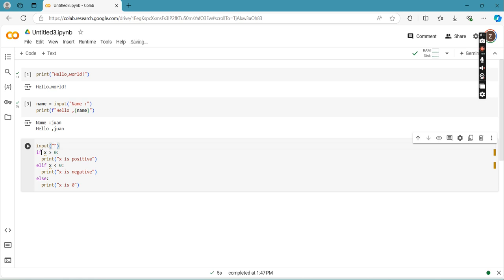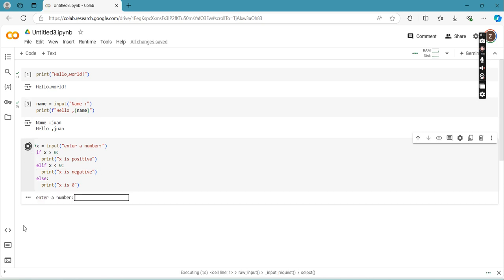So let's say enter a number. Okay. Then we're going to save that into a variable which is of course x. Now we're going to try to run our code. So let's enter a number, for example 1.